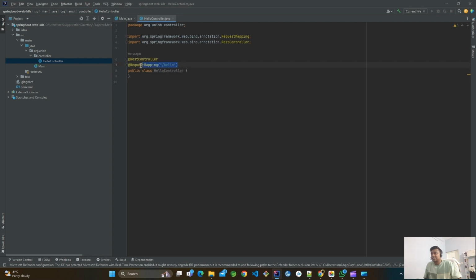So that's what this request mapping means. Now I will create another method which needs to handle the request. I'll create a public method, and give a string as response. I will name the method hello,